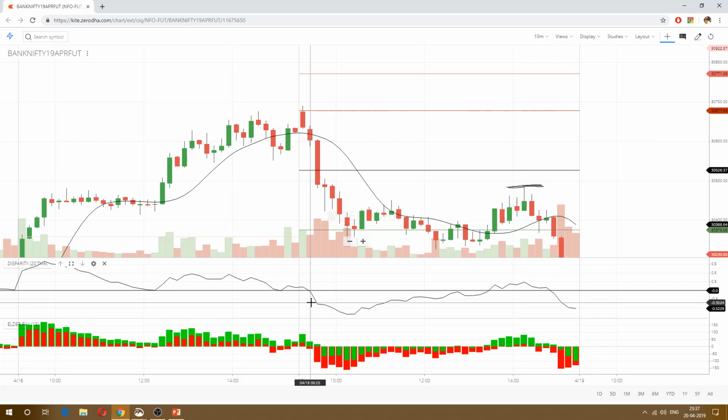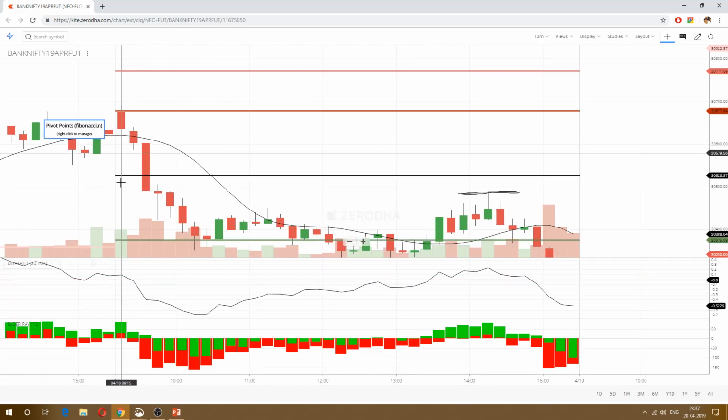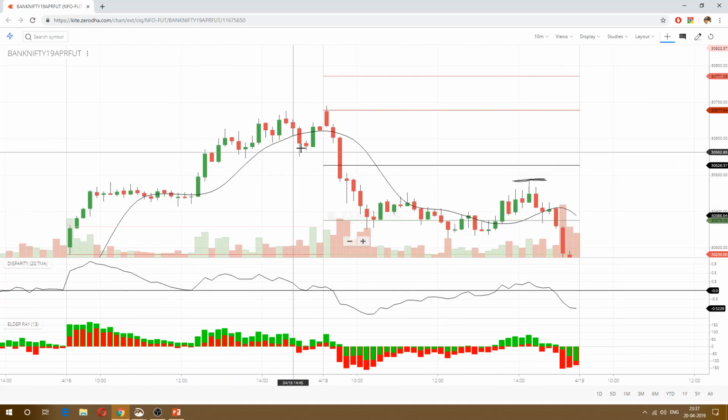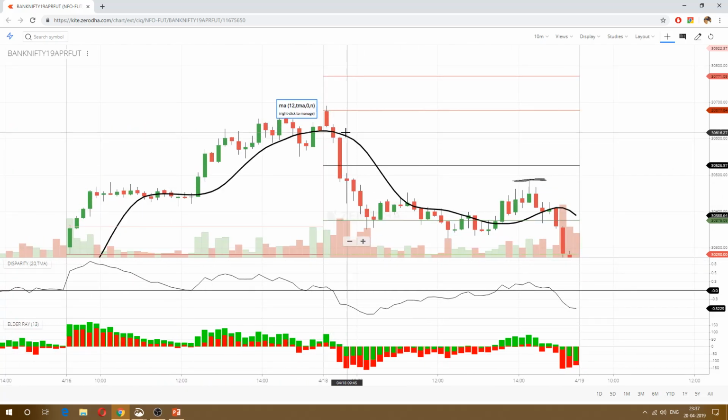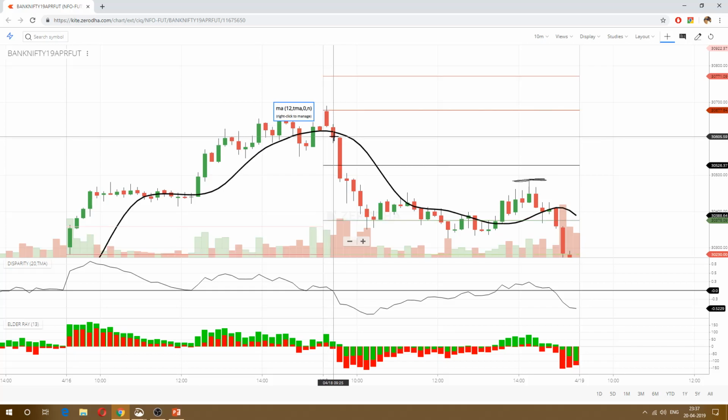If you zoom in, this was actually a sell signal here. Elder ray went negative. This crossed down below. It closed below the 12 signal. Even if you are not immediately convinced, the next candle will convince you, and you will enter. You will sell here. So generally, when you are taking any trade on Bank Nifty,